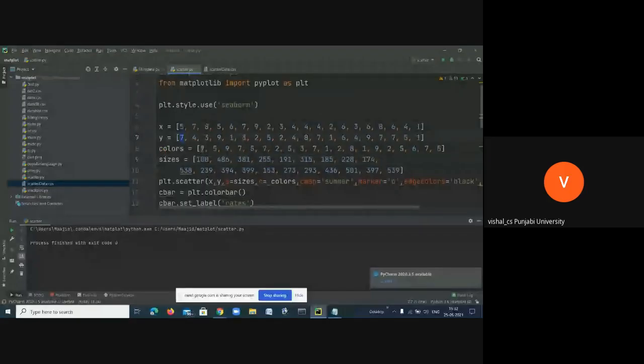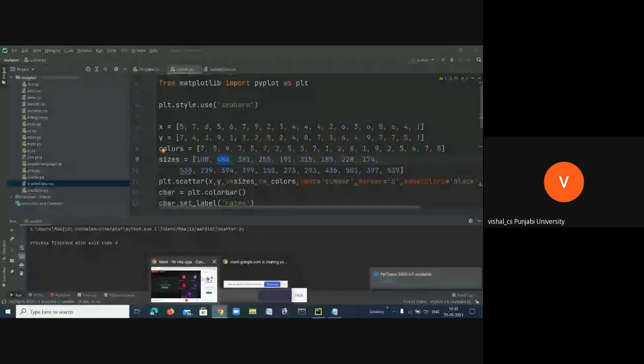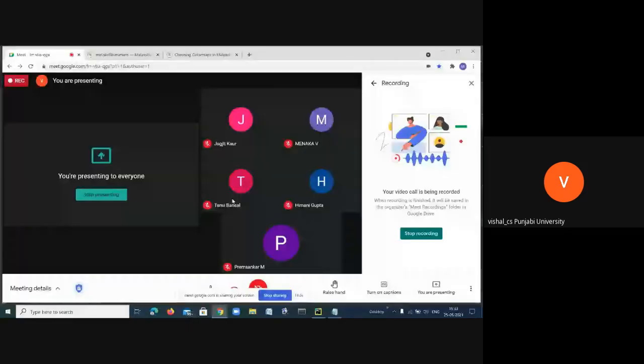For 7 and 4 we have size 486 and color 5. So you have to give the number of elements of the list corresponding to the number of elements of x and y, not more than that, not less than that.